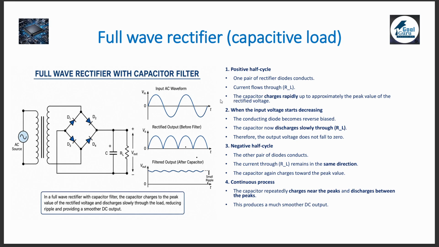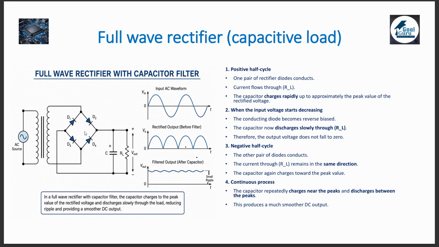Full wave rectifier with the capacitive load. In this case, there is one more type of rectifier which is shown. As in the previous case, here you have the AC source. This is primary, this is secondary. Now across the secondary, instead of a center tap with 2 diodes, there are 4 diodes. Of course, there is no necessity for you to go into the details. You'll be learning about it later.